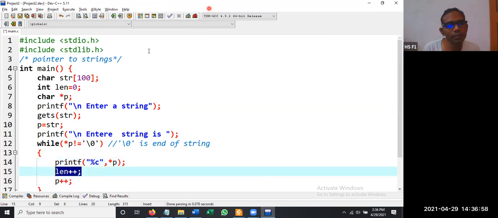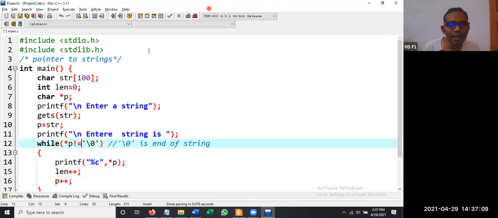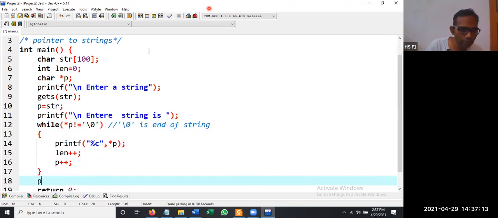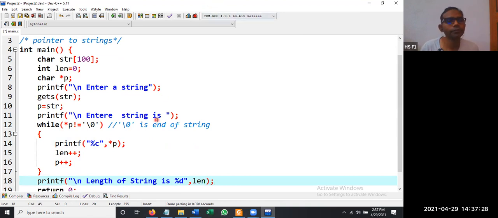Here length is being incremented because I want to know the length of the string. Here p++ means the pointer is moving from the first character to the next character to the next, and so on. It reaches '\0'. So after this, we are going to print the length. printf, \n length of string is %d, len. Is there any doubt in the program?